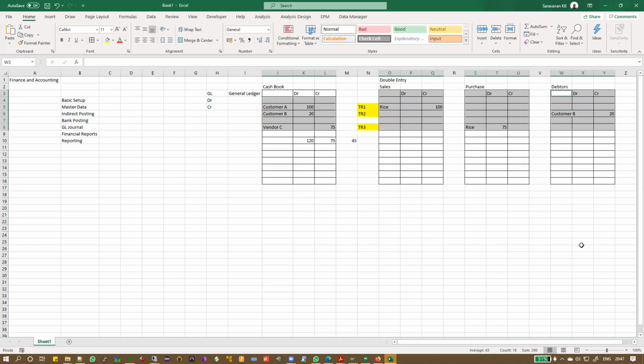Now you might be asking me, sir, we are not finance consultants. I'm not going to be an auditor. I'm not going to be an accountant. Why are you telling me this? Why this is important is because this is the fundamental principle on which entire finance and accounting works in our ERP. Actually, it should be like that in every ERP, but I can confidently say in our ERP, this is the fundamental. That means the debit will always be equal to the credit.